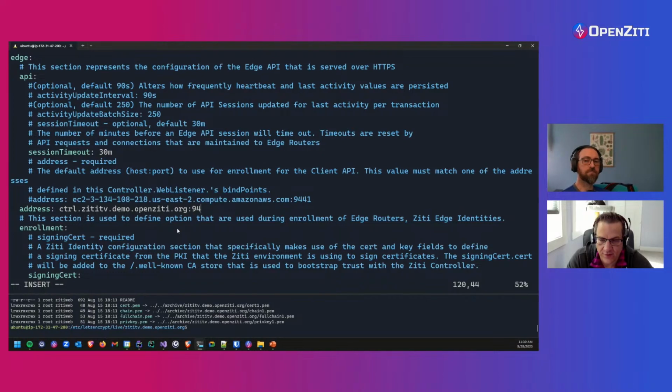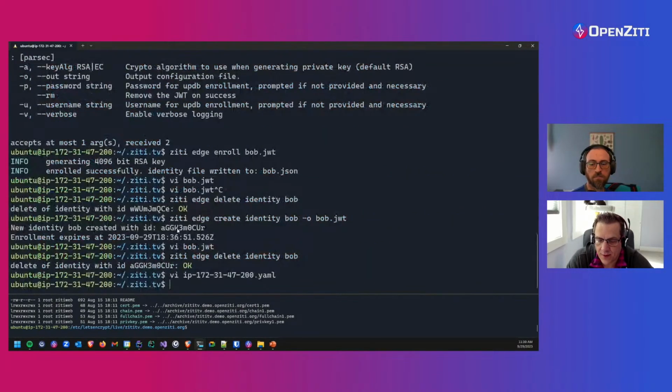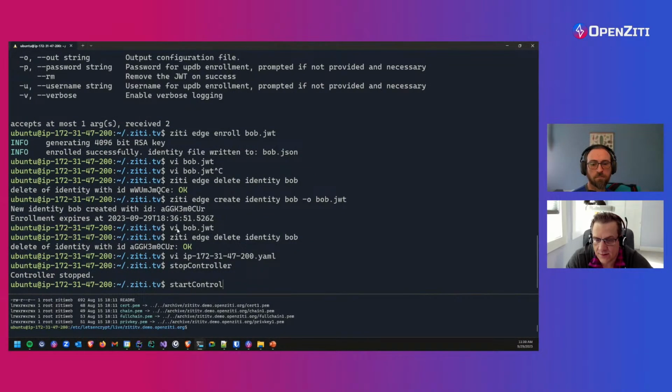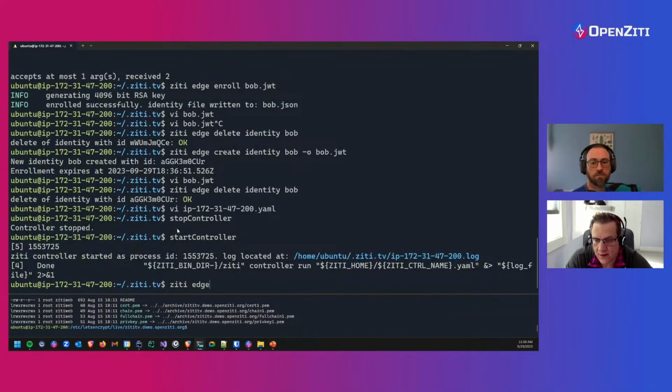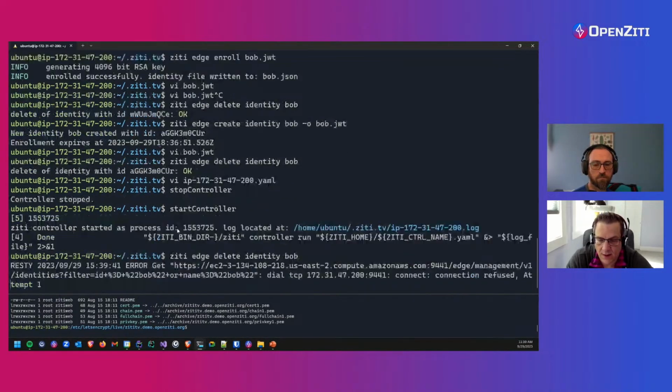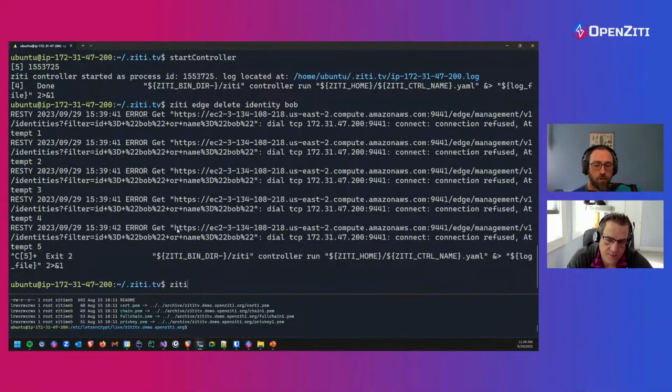controller.zdtv.demo.openzd.org 941. It messed up your indentation. Thank you. I don't know how to control that. I'm not a VI expert. All right, so now I stop controller, edge, delete, identity, Bob. So now you've purposefully broken it, right? Because now I have changed the